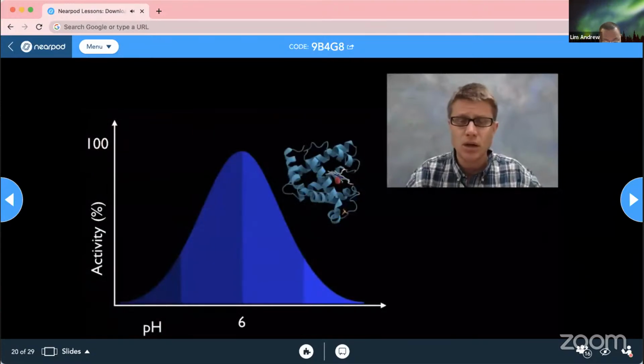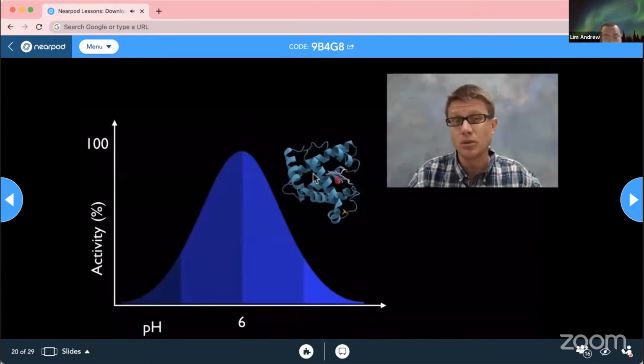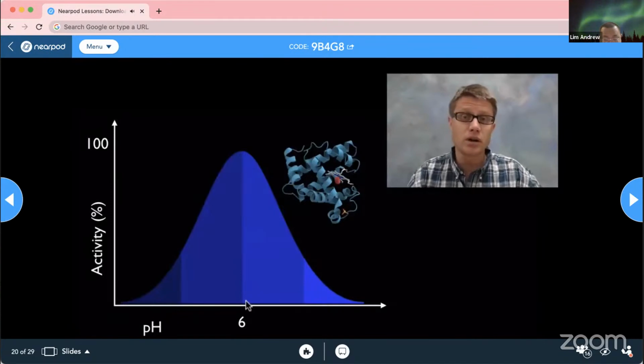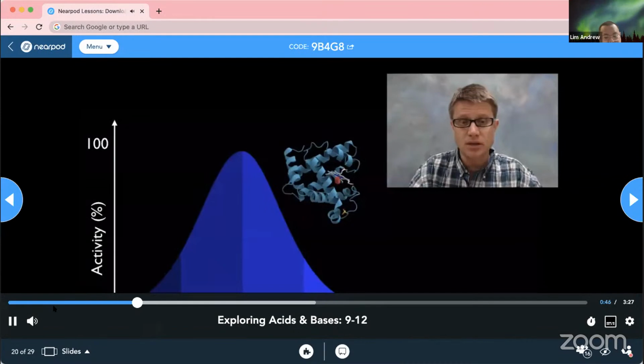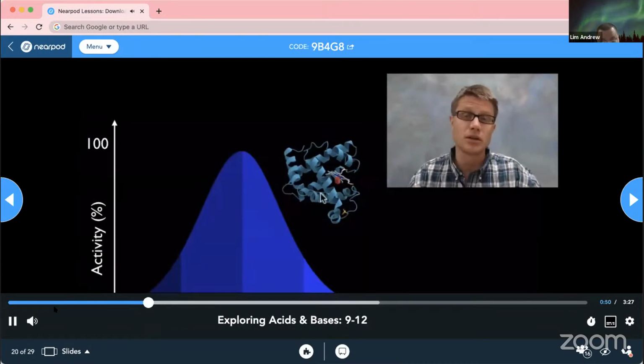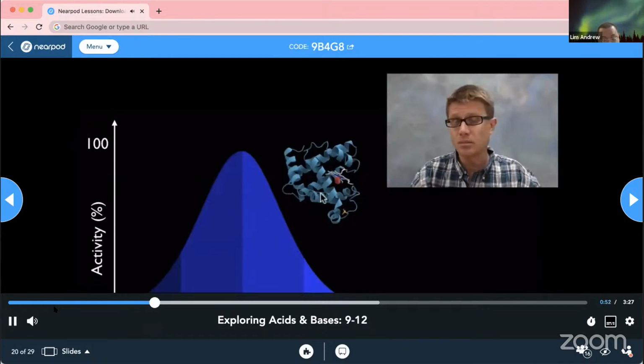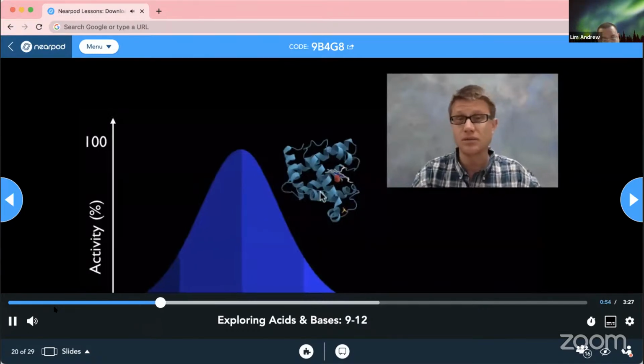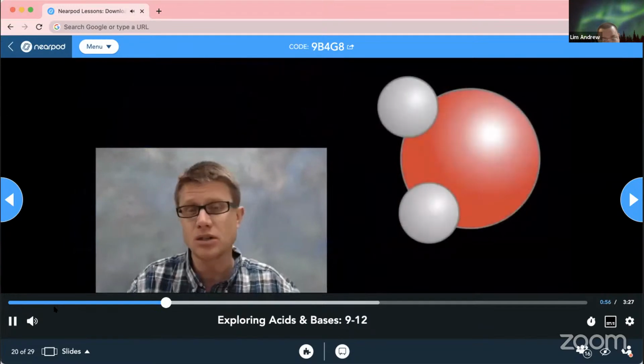I'm a biology teacher, and so everything kind of goes back to life. And so this is a protein, it's called myoglobin. It's found in your muscles, and it's going to be most active at a pH of 6. It's going to work at a pH of 5 all the way up to 7, but if we start to move our pH too low or too high, that protein's going to denature and our muscles aren't going to work. And so it's important that the pH levels remain relatively constant and they're not changing that much.